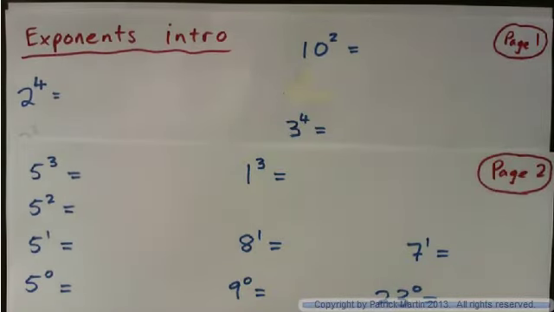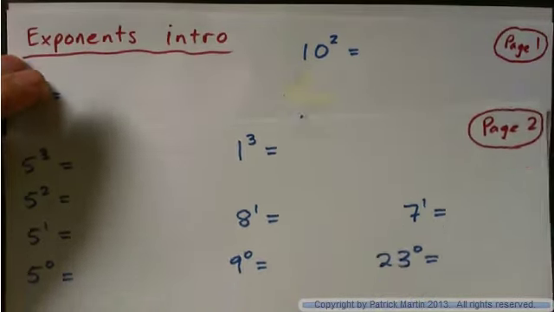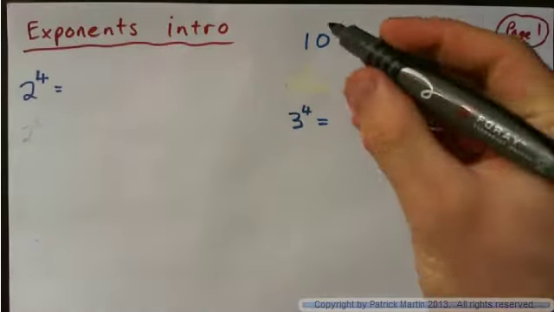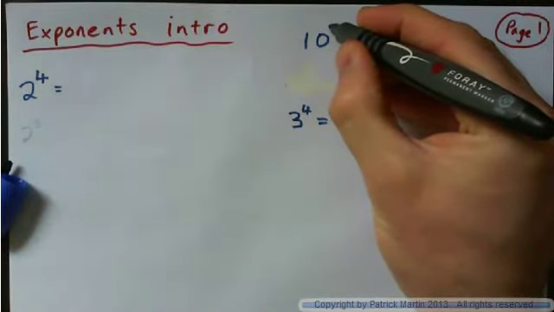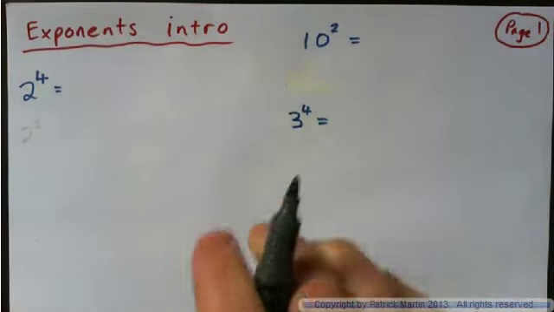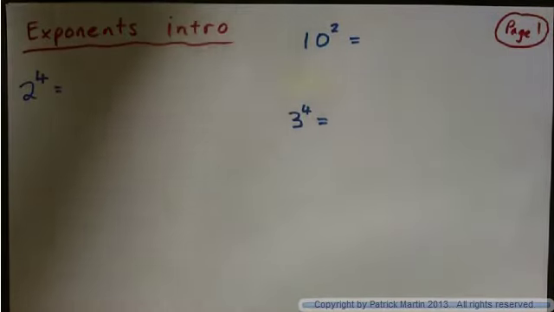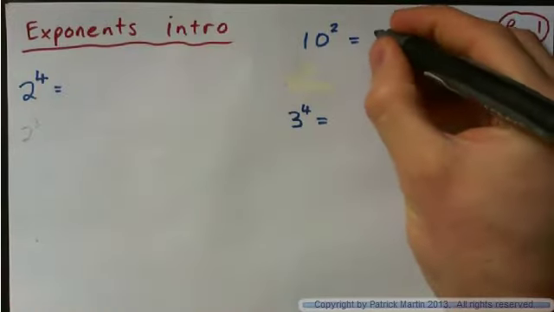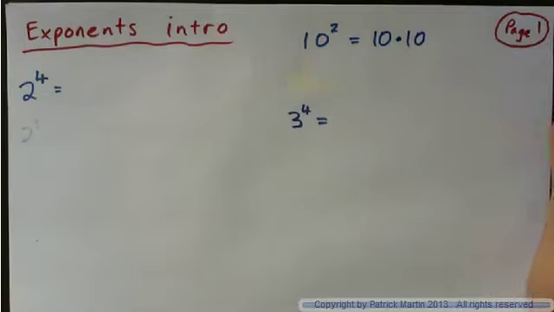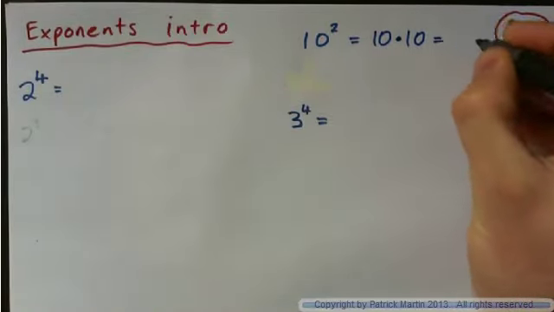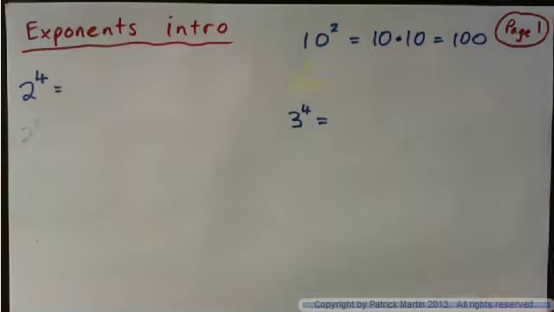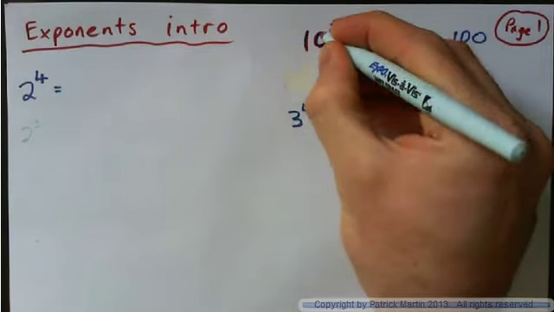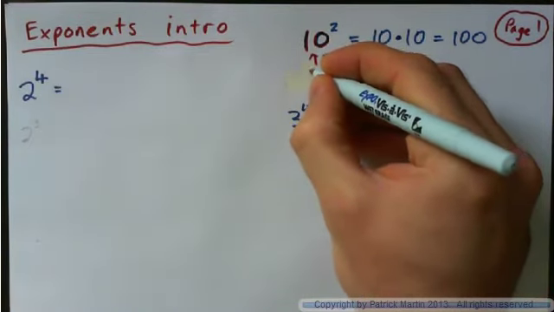In this video we're going to do an exponents introduction. So here's page 1 and here's page 2. So let's start with page 1 and please write this down. 10 to the power of 2 equals, okay? So if you have 10 to the power of 2, that means that is 10 multiplied by 10, okay, which is 100. Now, in this expression, the number 10 here is called the base,